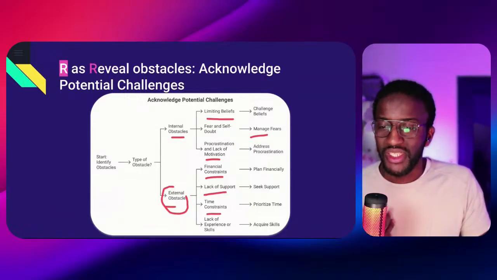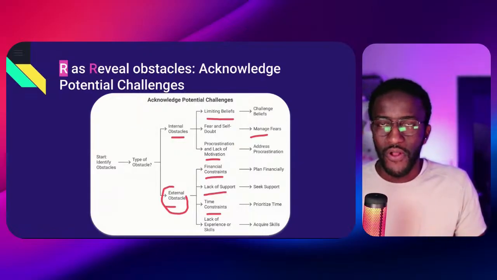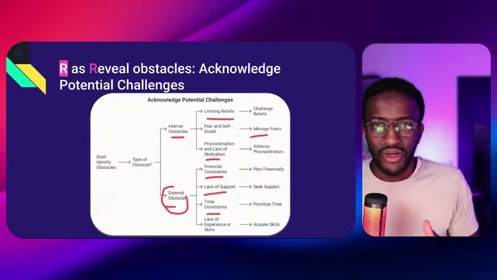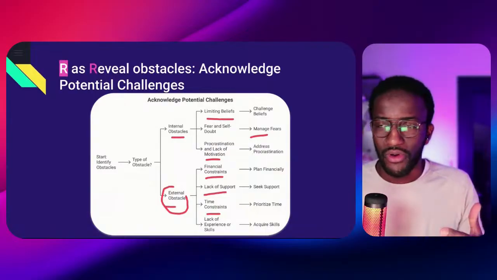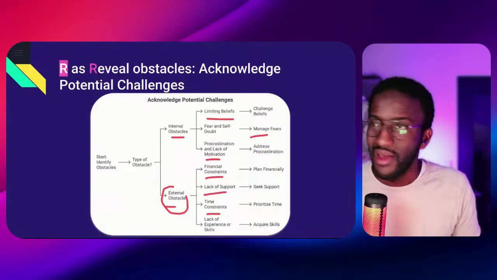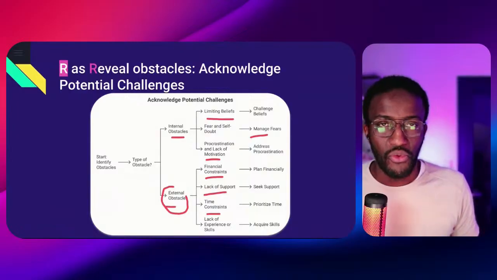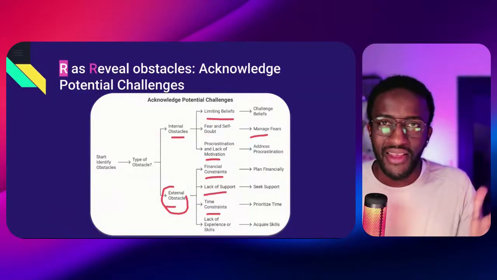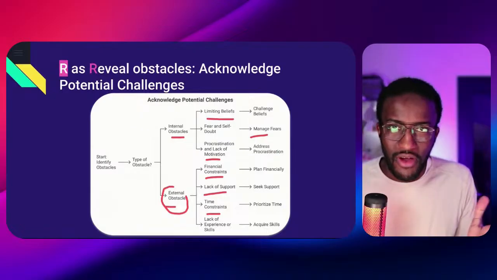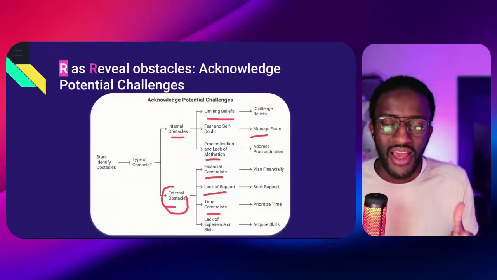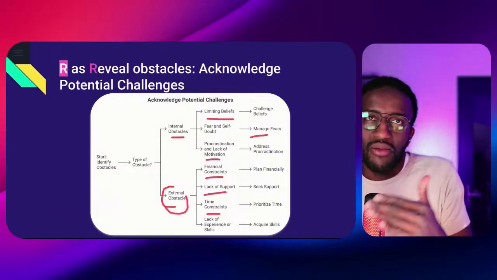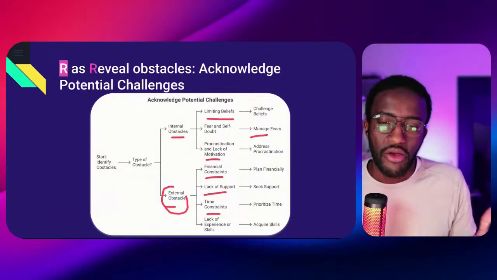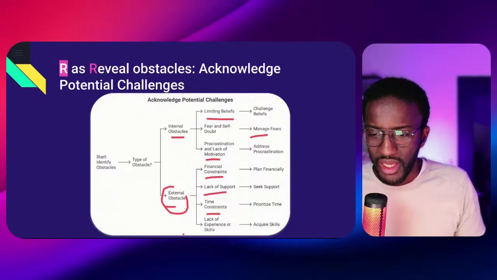Maybe there are also time constraints. You want to change, but you don't have the capacity. You are juggling your 9 to 5, being a parent, or taking care of your parents, and then you have to sleep, eat, and maintain yourself. In 24 hours, you have to sleep also. So you don't really have more capacity, and to tackle that you have to do some prioritization. This is important.